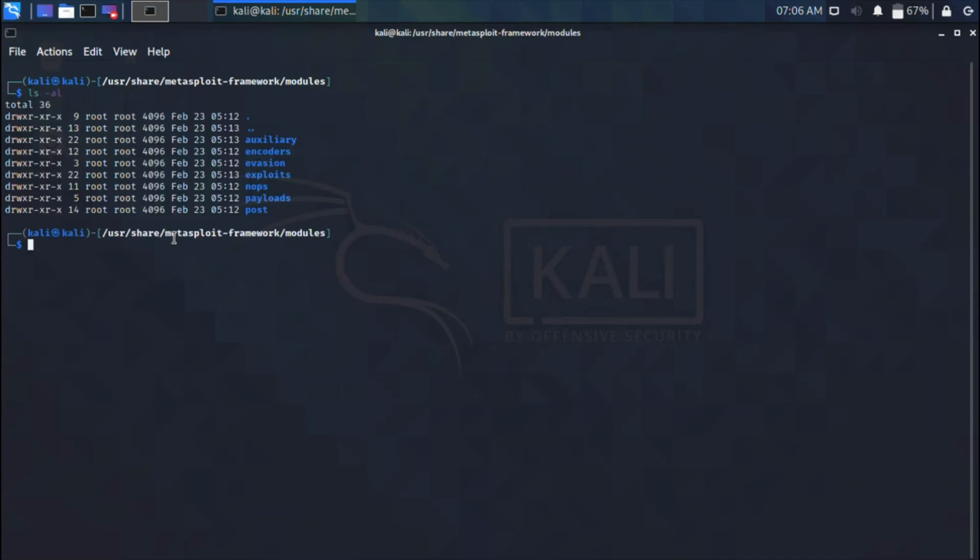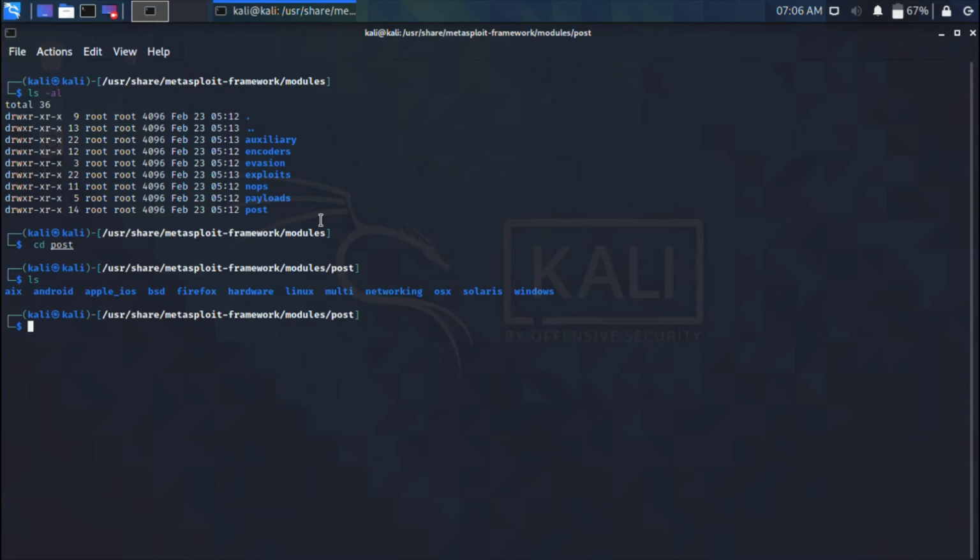Finally, let's see about post. Post exploitation refers to any actions taken after a session is opened. A session is an open shell from a successful exploit or brute force attack. A shell can be a standard shell or meterpreter. This post exploitation works for Android, iOS, hardware, Linux, and many other services. These allow us to do our operations like keylogging after exploiting a payload successfully.